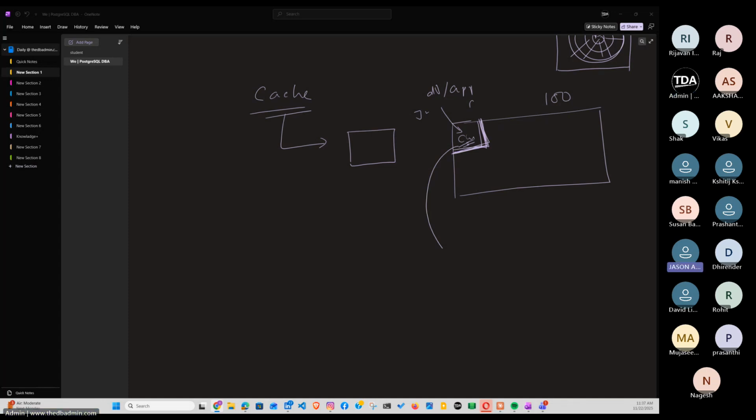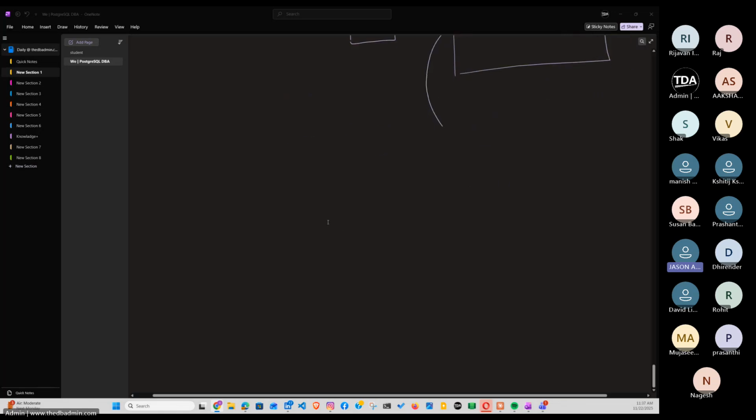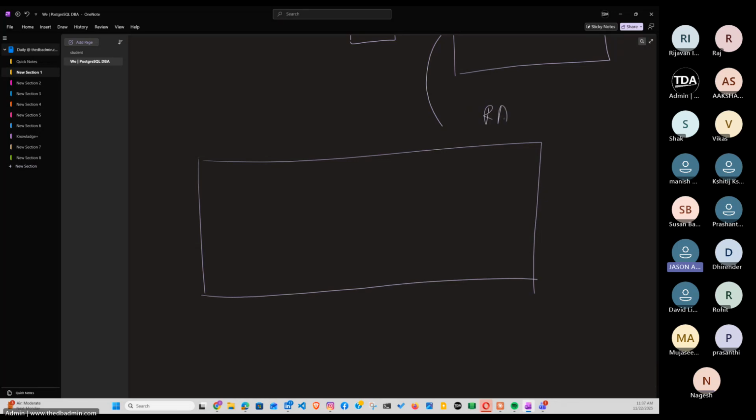Buffer is a place where the data will be served to the application, whereas cache is like a friend said, a temporary place where some sort of information is stored temporarily. Very good. So cache is a fixed part under your RAM, and buffers are nothing but further segregation of caches,